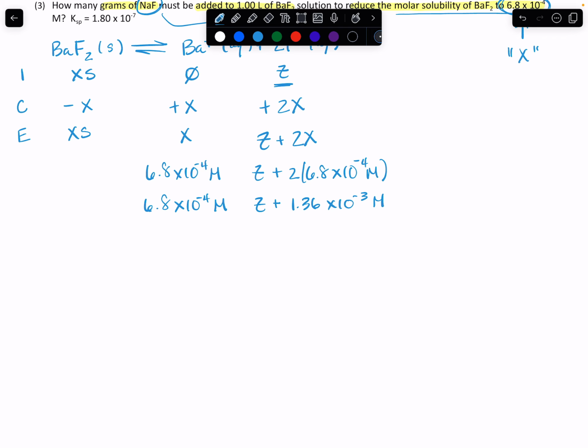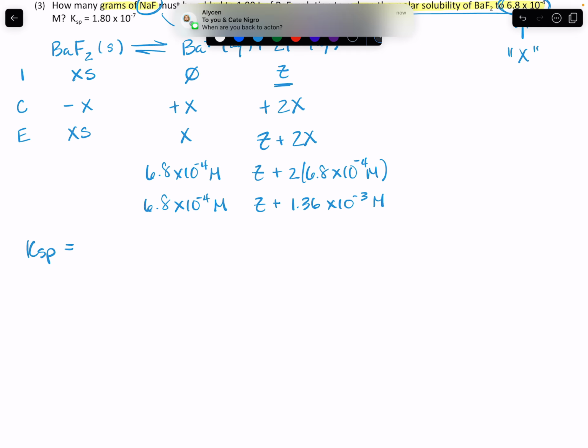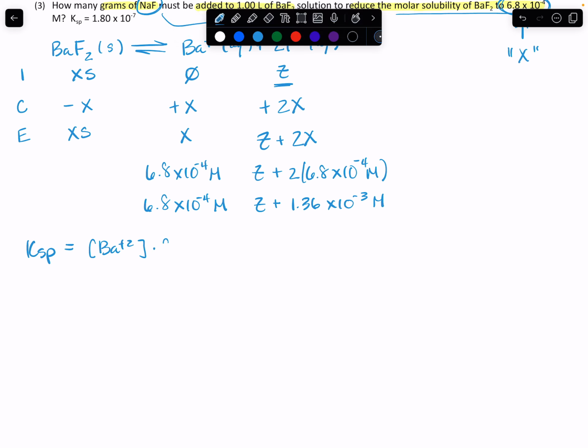And you'll see I have an unknown, but only one, Z. So KSP is going to equal the concentration of barium times the concentration of fluoride squared. Our KSP value here is 1.8 times 10 to the negative 7th, and that is going to be equal to 6.8 times 10 to the negative 4th for the barium ions, and then Z plus 1.36 times 10 to the negative 3rd